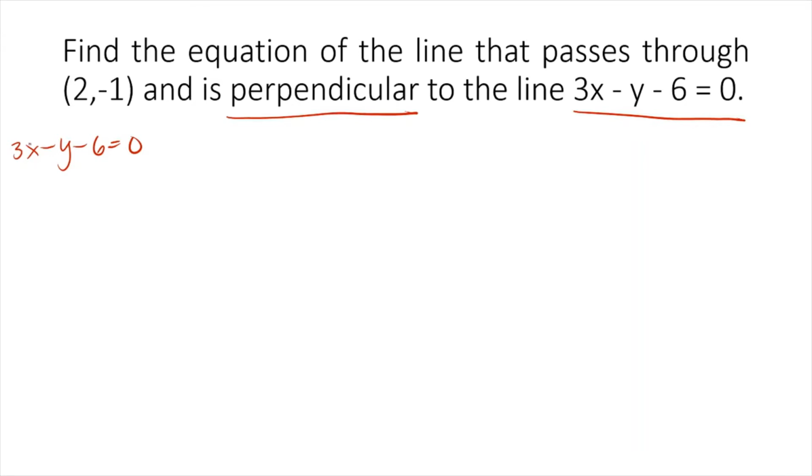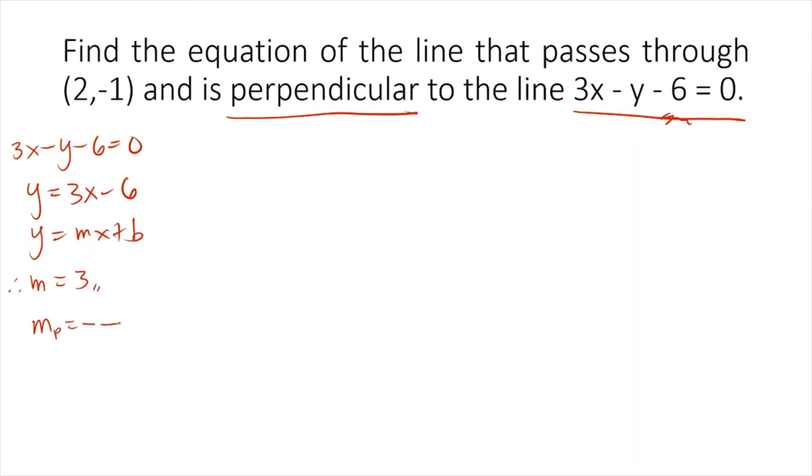Y equals mx plus b. So let's isolate y. We get y equals 3x minus 6. So this is now in the form y equals mx plus b, where the slope is 3. This is the slope of this line, and we want the equation of the line that is perpendicular to this line, right? So if the slope of this line is 3, then the slope of the unknown line, let's call it m sub p, for example,